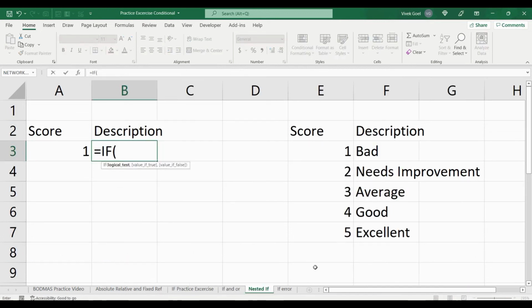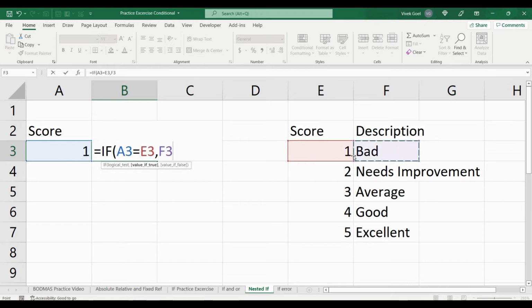This one is really straightforward. We will first use nested if. So we will check if score is equals to 1, then we will specify bad. If that is not the case, we will again check if score is equals to 2, then we will specify needs improvement. If that is not the case, we will again check if score is equals to 3.